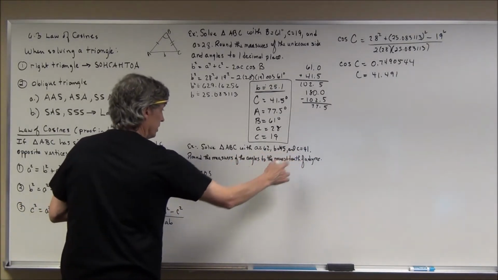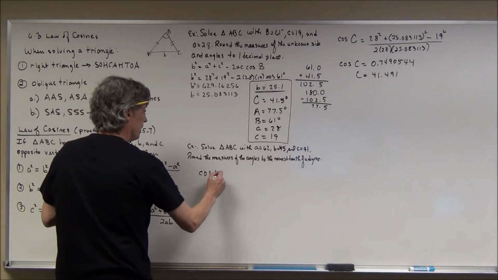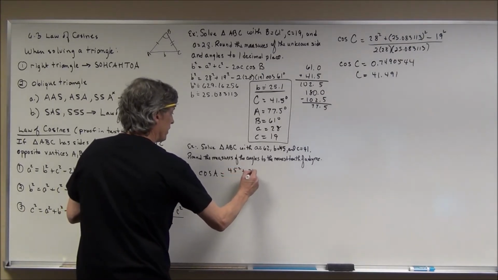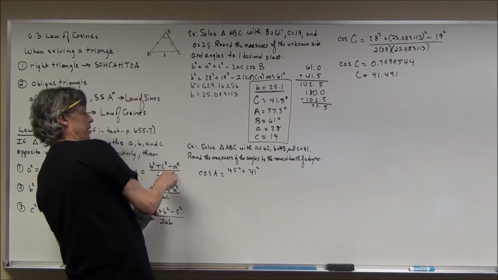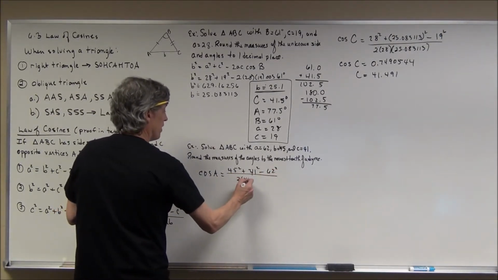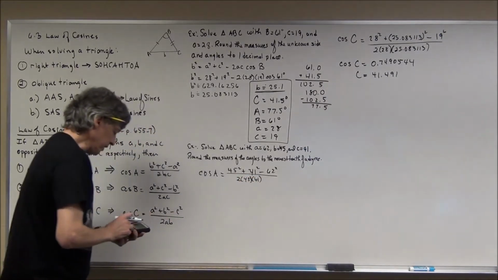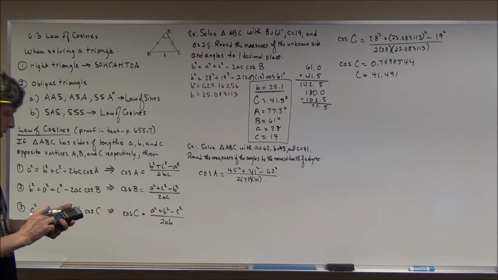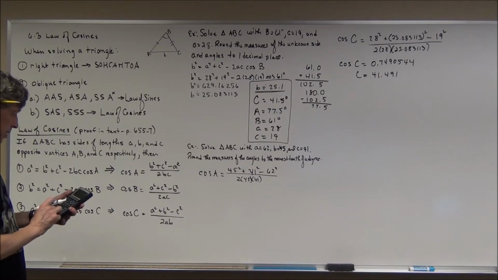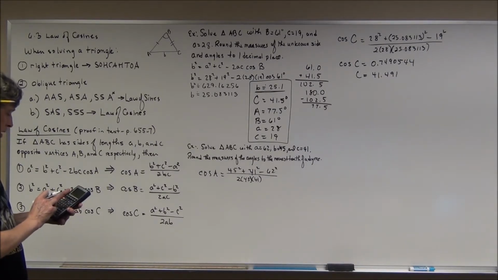There's A, there's B, there's C, all three sides. The cosine of angle A is equal to B squared plus C squared, so that's 45 squared plus 41 squared, minus A squared right here, minus 62 squared, all over 2 times 45 times 41. So be careful with your arithmetic here, and especially if you're using a calculator, make sure you plug it in properly. So let's see, 45 squared plus 41 squared minus 62 squared divided by,